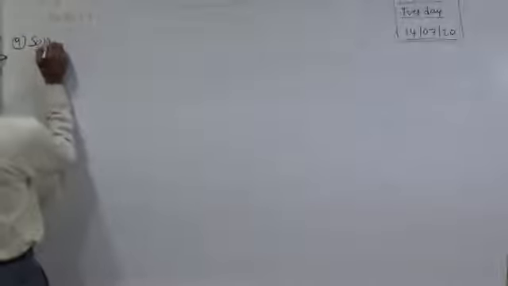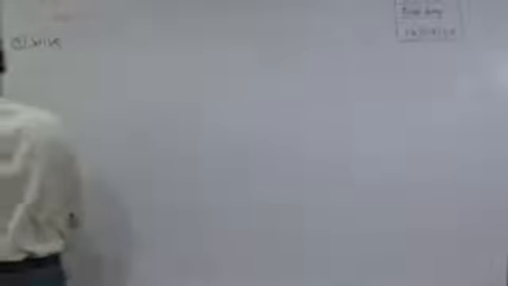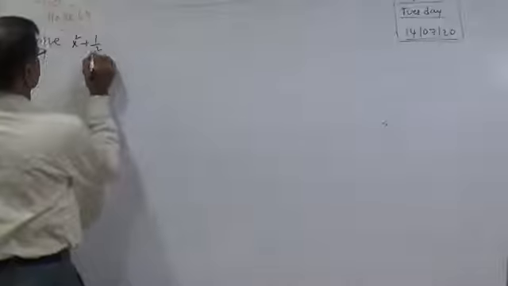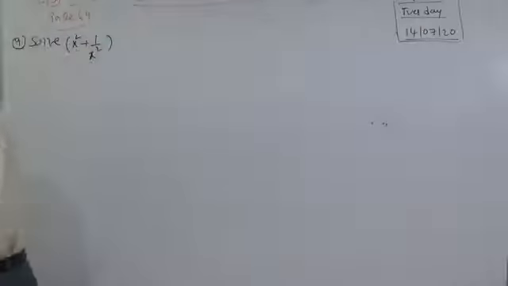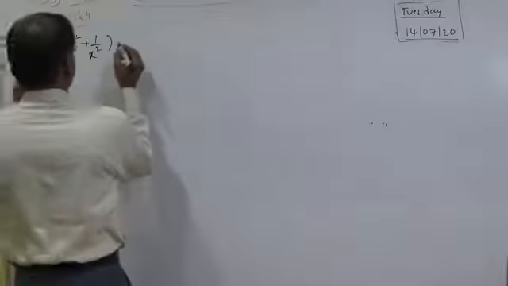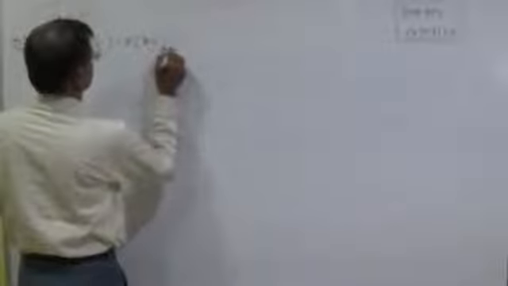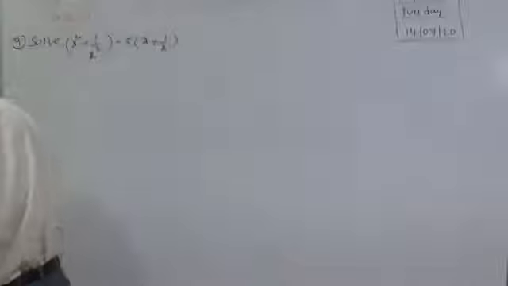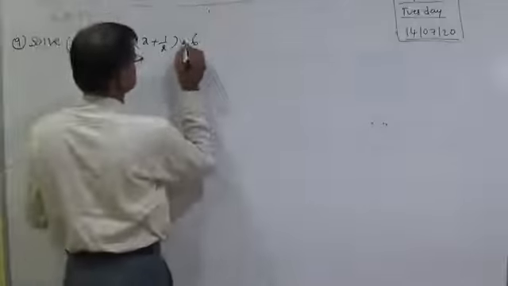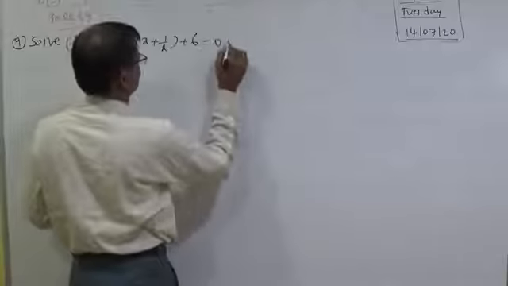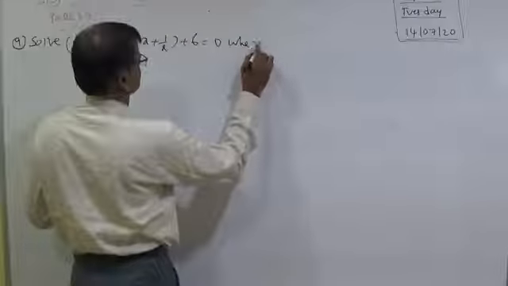Ninth one. Solve x square plus 1 by x square minus 5 into x plus 1 by x plus 6 is equal to 0, where x not equal to 0,